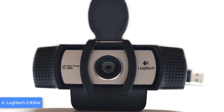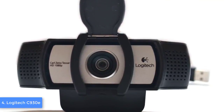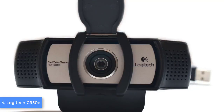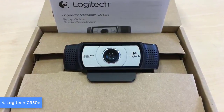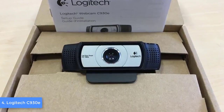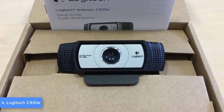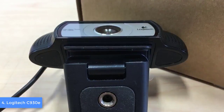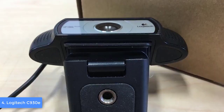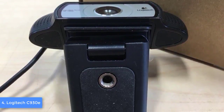Moreover, this cam is basically plug and play, so regardless of whether you're a PC or a Mac user, you can use it without any problem. Now, let's talk about the features. The C930 uses a UVC-H264 encoding technology, which means that it will drastically free up bandwidth since the video processing goes within the camera itself. In addition, the 1080 resolution and its ability to output video as smooth as 30 frames per second,